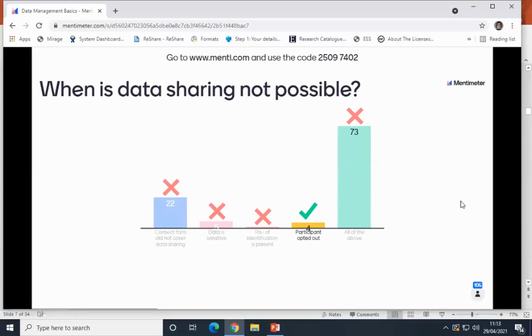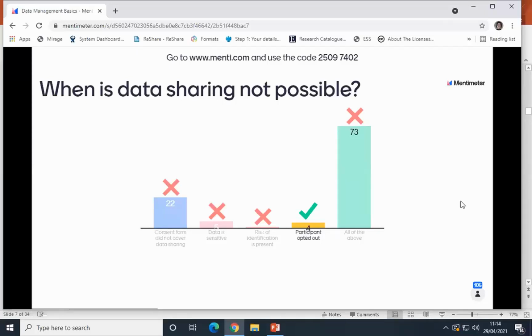If the data is sensitive, that is also not a reason to preclude data sharing, because for that we have access regulation, we have the option of pseudonymizing, so reducing some of the detail, and as I said before, restricting access so it's only available for research purposes, for example, or even stricter access conditions. The risk of identification is present, so this is really very